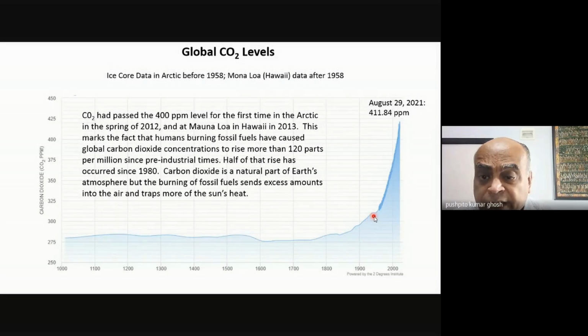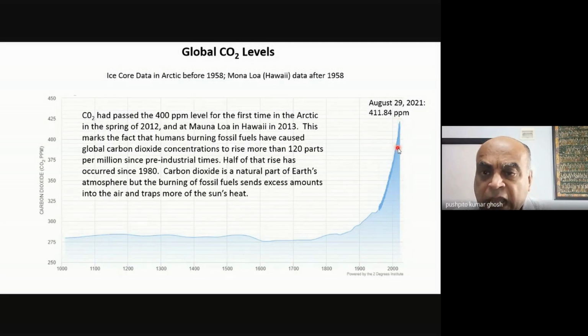The 19th century was still manageable, but when we came to the 20th century, around the middle, so around 1950 or thereabouts, you can see what happened. The carbon dioxide started shooting up. Look at the trend. And when you look at it even more closely, it was really around 1980 or thereabouts, maybe 1980, 90, that it started becoming extremely steep,